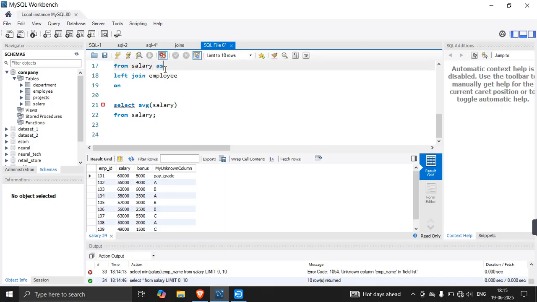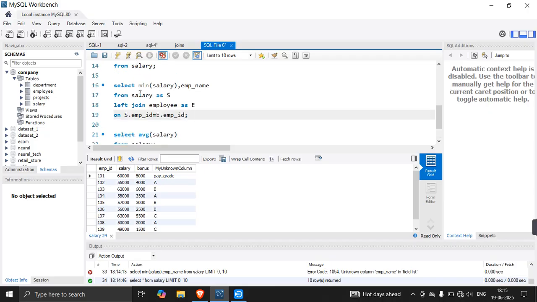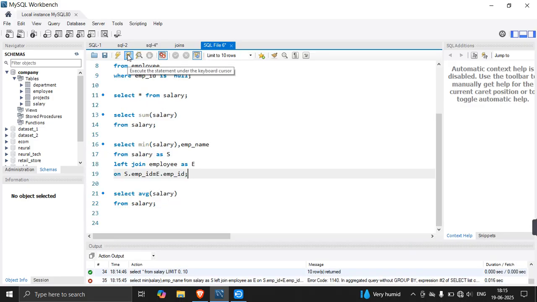From salary I can nickname it as just S, one simple letter, and I can nickname the employee table as capital E. After that, I can say S dot employee ID is equal to E dot employee ID, and that's all. Before doing the left join we saw the error, but after doing the join we cannot see the error. Hmm, oh, actually it is asking for